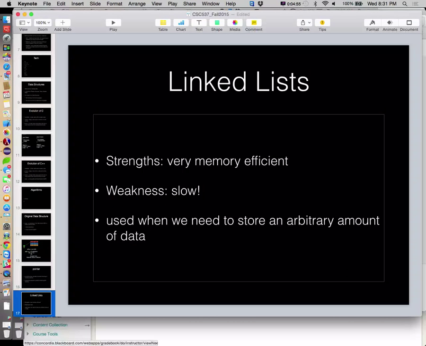Just as linked lists are memory efficient and slow, how slow they are really isn't that important. Just as memory isn't a problem anymore, the slowness of linked lists really isn't a problem either. So what it comes down to is what's the right tool for the job. If we go into Home Depot to buy a tool to do something, in this case we're storing some information.